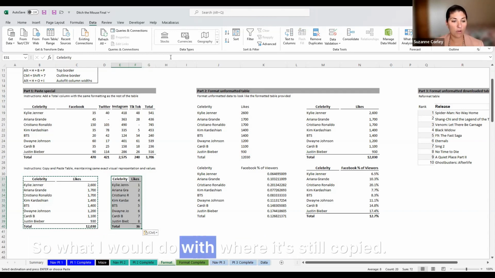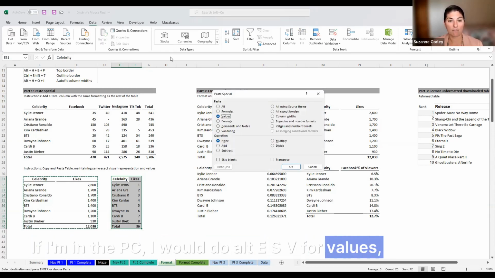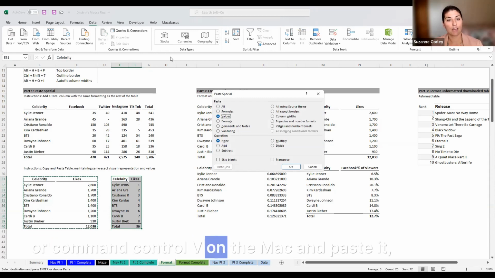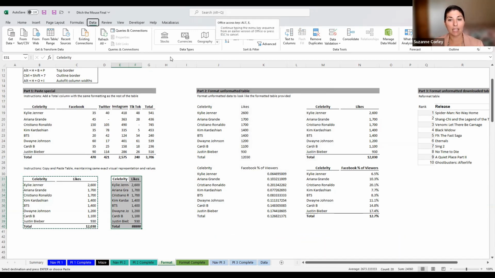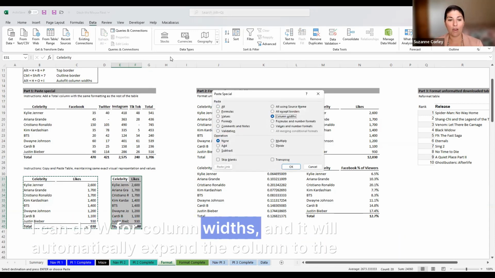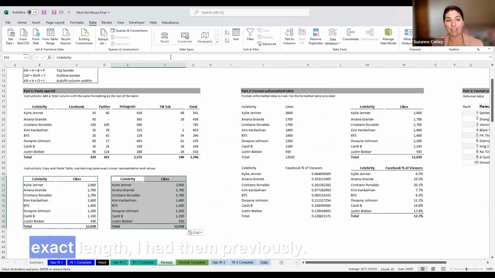So what I would do where it's still copied, if I'm on the PC, I would do Alt ES V for values, or Command Control V on the Mac, and paste it. And then it's still copied, so I just hit Alt ES again. I can do W for column widths, and it will automatically expand the column to the exact length I had them